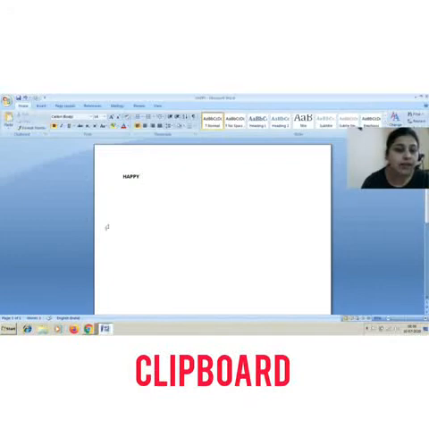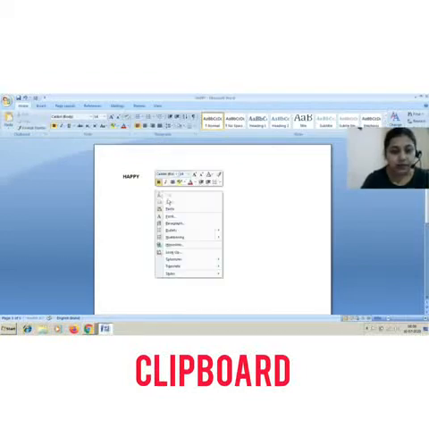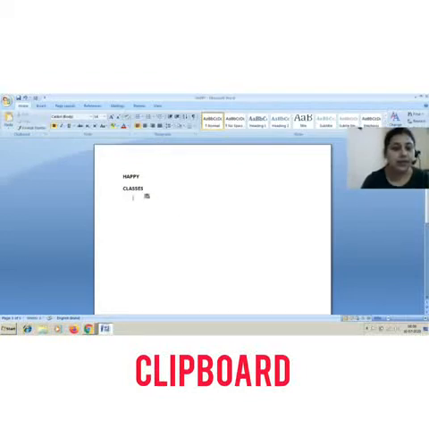Now for the time being, where is this word, classes, now? Because when you paste it by Control V or right click and paste, you can see this word classes. But for the time being, when you have applied the cut feature from here, where was this word classes? The classes was in this clipboard. So even you can view that.